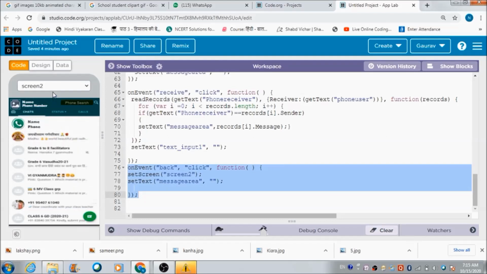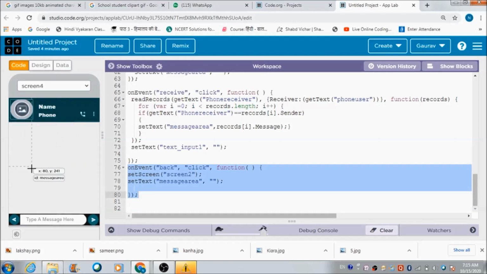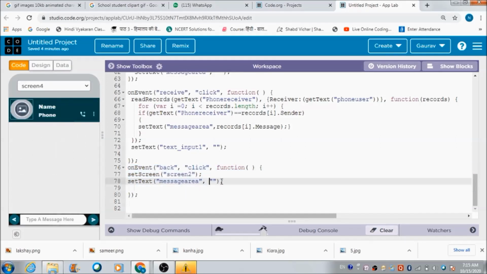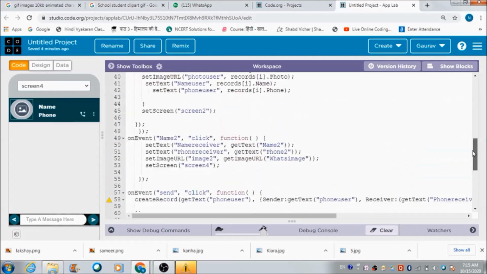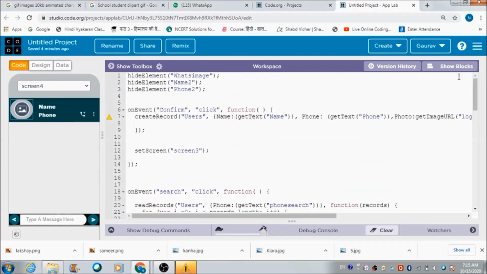And besides everything, whatever was getting reflected here in the message area is also going to disappear. Fine. So this is the whole code. Let me just show you the whole code once again, so that you can also develop this complete thing on your own.